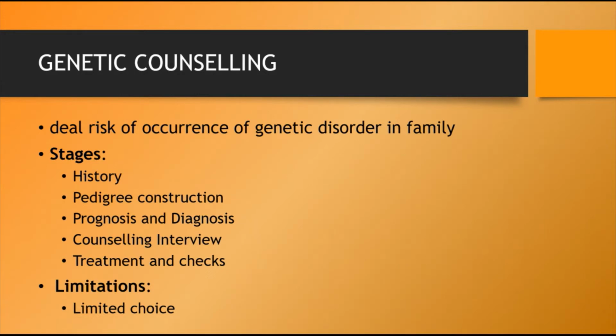Now, based on that report, there is a certain prognosis and diagnosis that is done by the doctor or the counselor, and they confirm or discard a certain list of conditions that you were probable to have, right? At that point, they will also analyze whether there is a mode of inheritance that is recognizable from your overall analysis of your pedigree and your sample collection, right? Then the fourth step is the counseling interview.